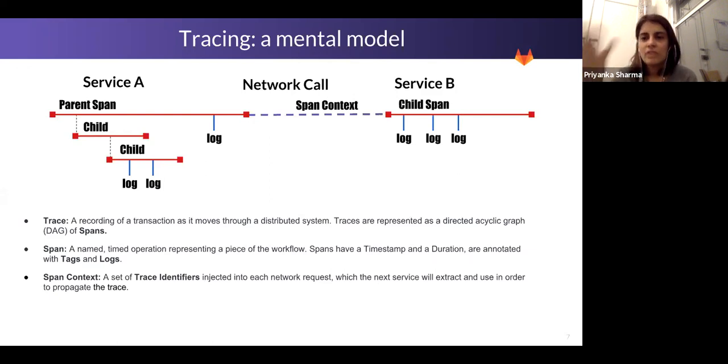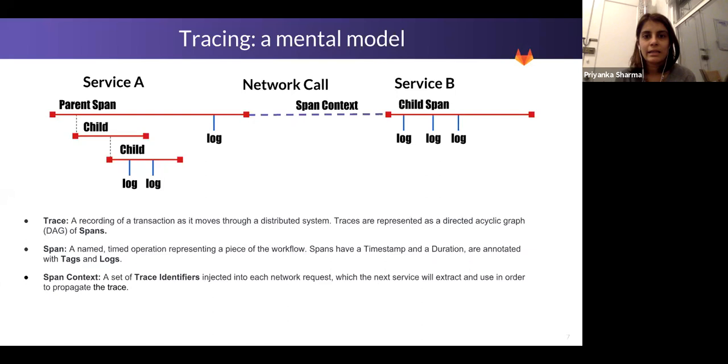Trace identifiers, or trace ID, are injected into each network request, and the next service will extract it in order to propagate the trace. So this mental model is really useful when you think about tracing and what it is.